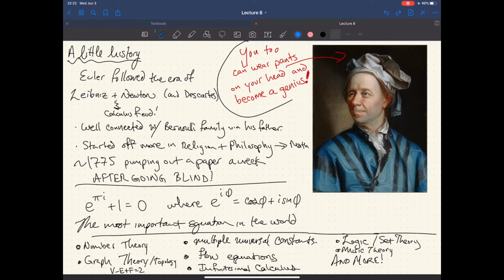So down here we have the most important equation in the world. e to the pi i plus 1 equals 0. You've definitely seen it. This is Euler, and that little e there, that's Euler's number. Super handy. And we have multiple representations of how we can write and express this and that number itself.